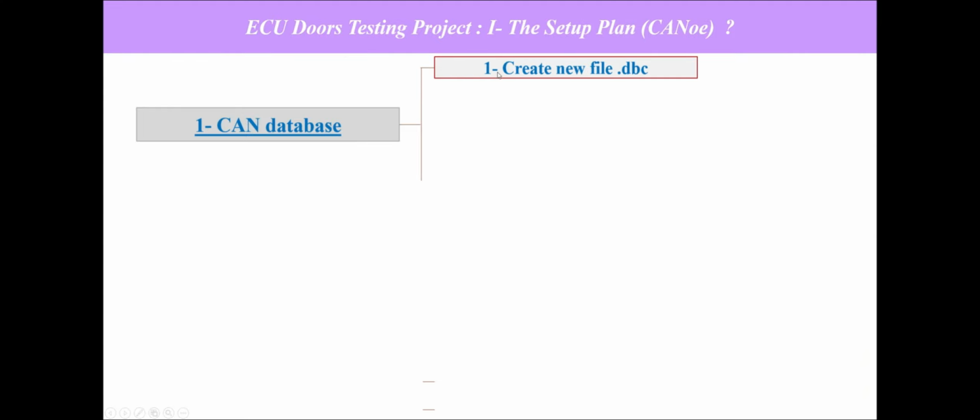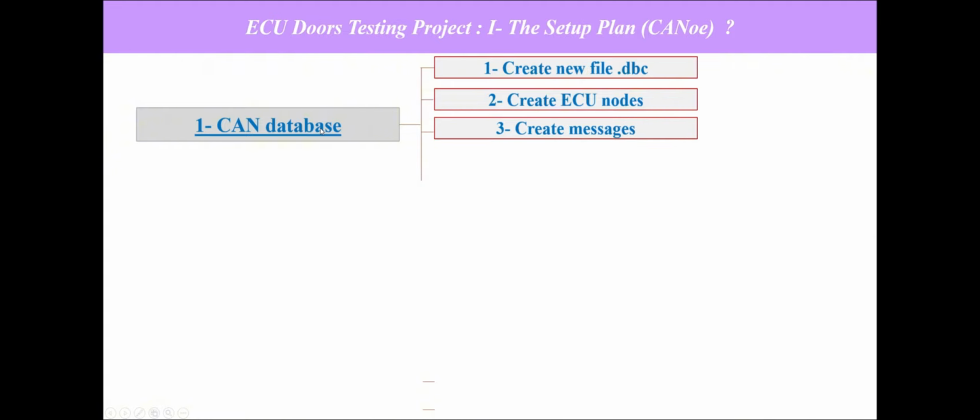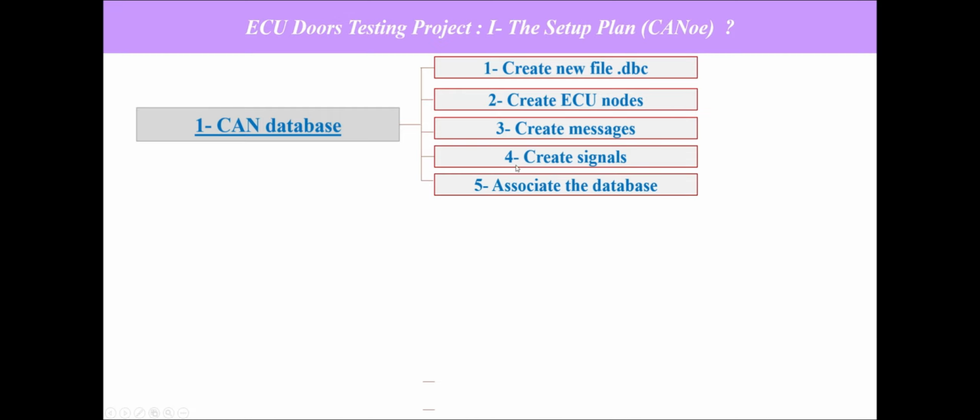So we will see how we can create a new database file, how we can create ECU nodes in our database, how we can create messages in our database, how we can create signals, CAN signals, how we can associate the database,